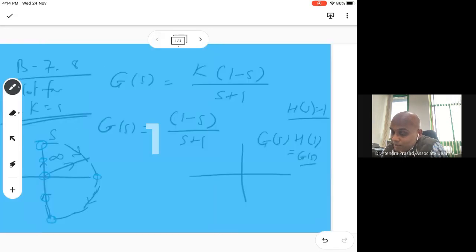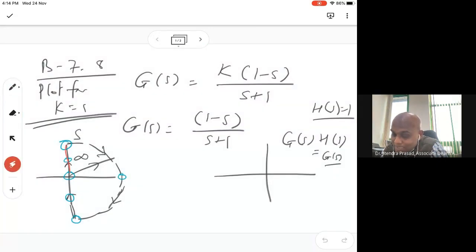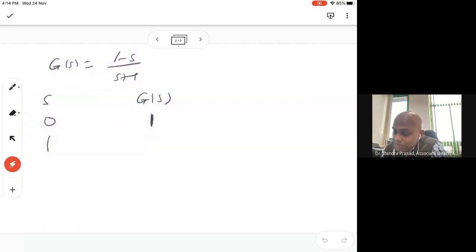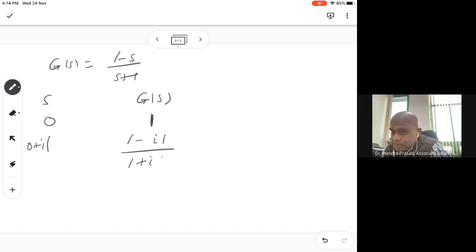Then if you put, let's say, s equal to 1, you are going upward. If you are going upward, that really means you are going on the imaginary line. So this will be I omega, some value. Accordingly you will have not 1, but 0 plus I1, or J1, right? In that case, you put the value and you get 1 minus I1 over 1 plus I1. We get this value.